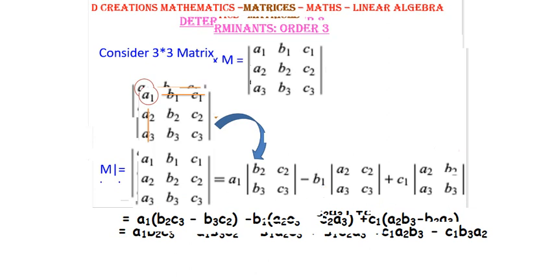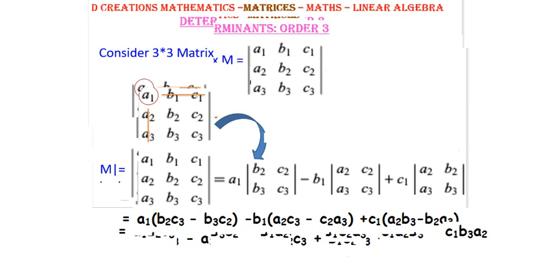Similarly, minus B1 into (A2 C3 minus C2 A3), plus C1 into (A2 B3 minus B2 A3). That's all. Now you try to open the bracket. So A1 B2 C3 minus A1 B3 C2 minus B1 A2 C3. Now minus into minus, here the sign will be plus B1 C2 A3 plus C1 A2 B3